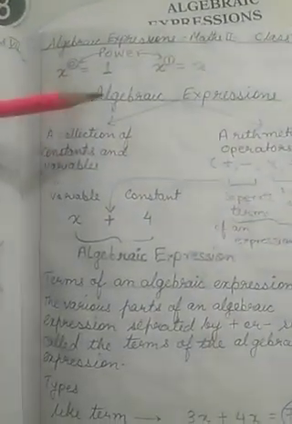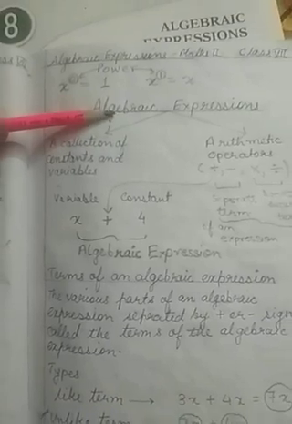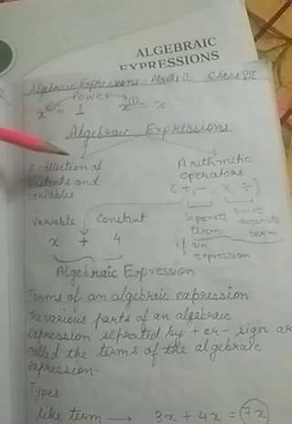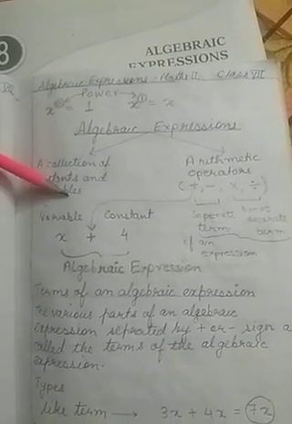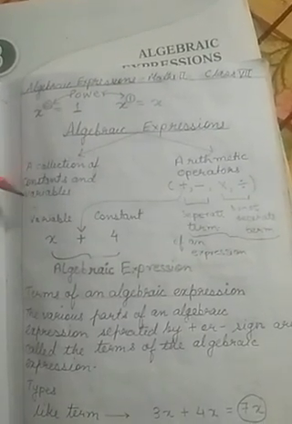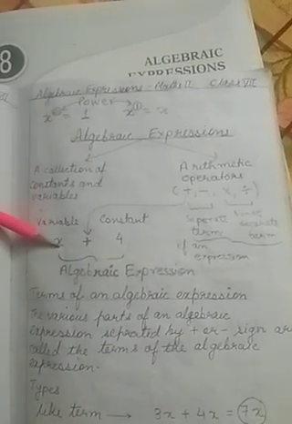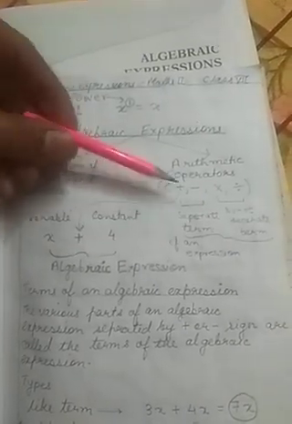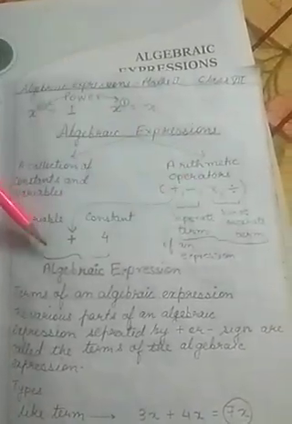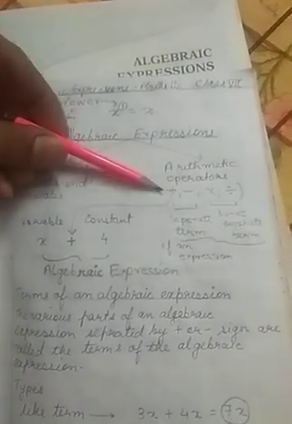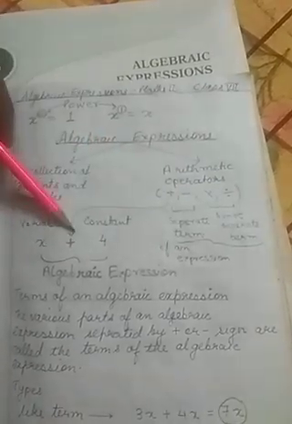Now come to the algebraic expression part. You have already studied in integers about mathematical expression. Over there numbers and operators were there. Here in algebra, numbers will be there along with variables. Numbers means constants or numerals, and then the variable. Suppose you take any variable x and any constant, here 4. Now if an operator is used, suppose multiply, x into 4 will give you 4x. 4x is also an algebraic expression. Here plus or minus. Clear?